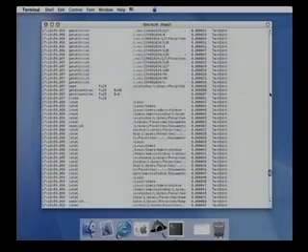Now, what we're showing you over on the left is the actual time of day clock out to millisecond accuracy. Then you get the name of the system call that's being executed at that point, and then some additional information.